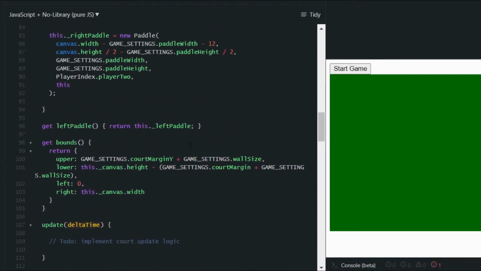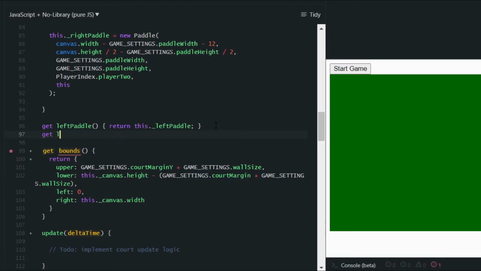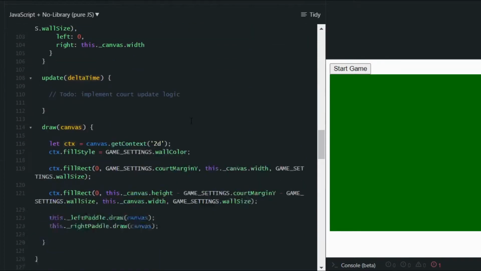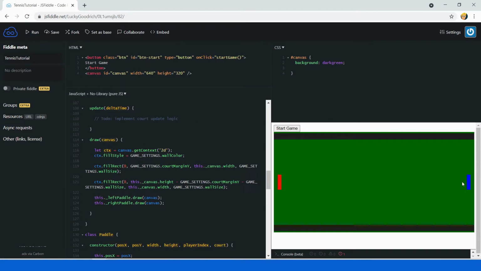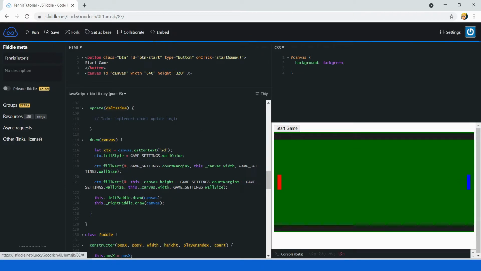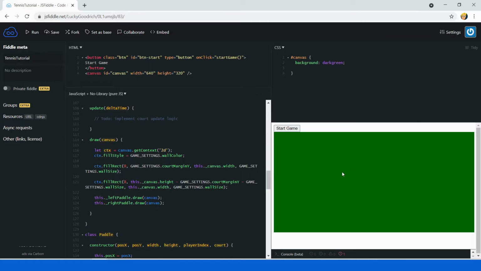So now let's also go here and add a property named right pedal that returns the right pedal field. There we go. And this should do the trick. Save, run, start game, and there we have it. All right. Let me save again, which will refresh the website. And okay,